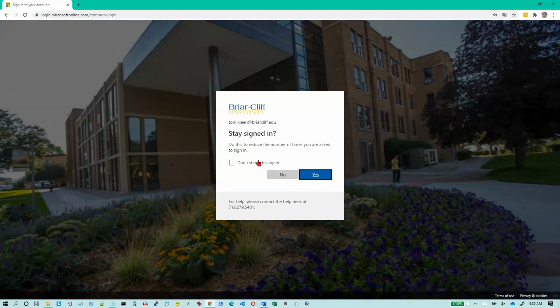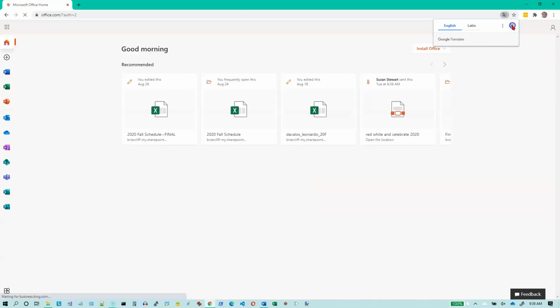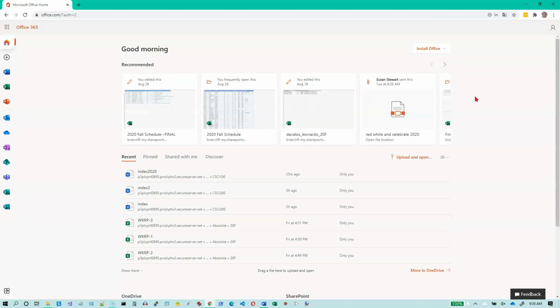And you can choose yes or no here. If it's on your own personal computer, you probably want to choose yes. If it's on a Briarcliff computer, you'd probably want to choose no. So we'll go ahead and choose yes here. Okay, and what we want to do is we want to install Office,